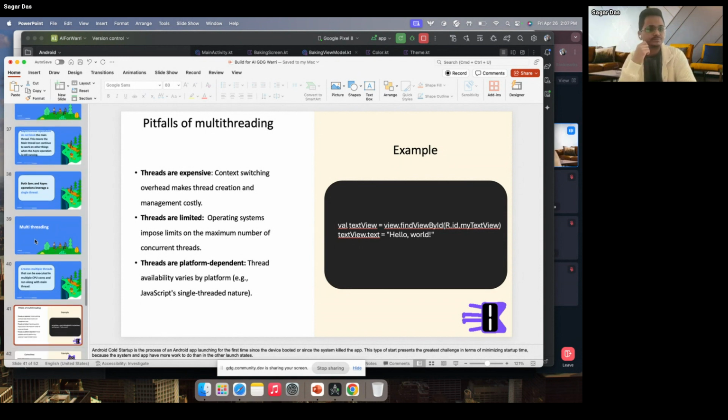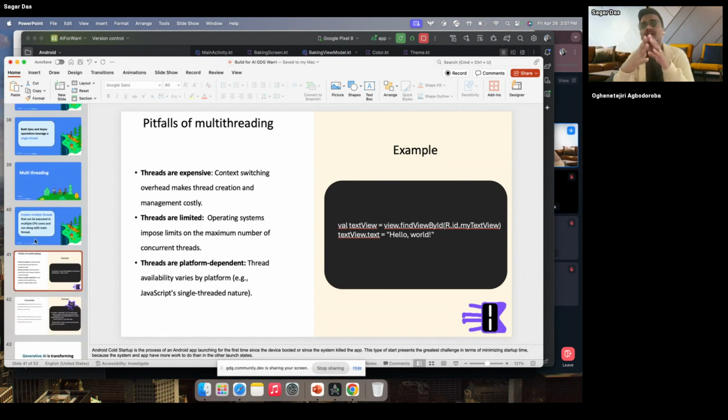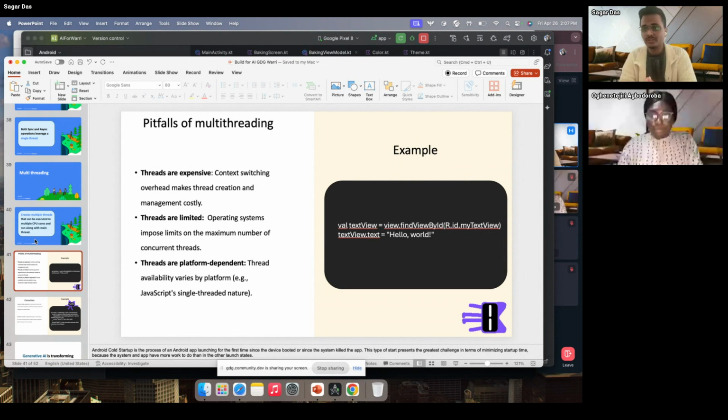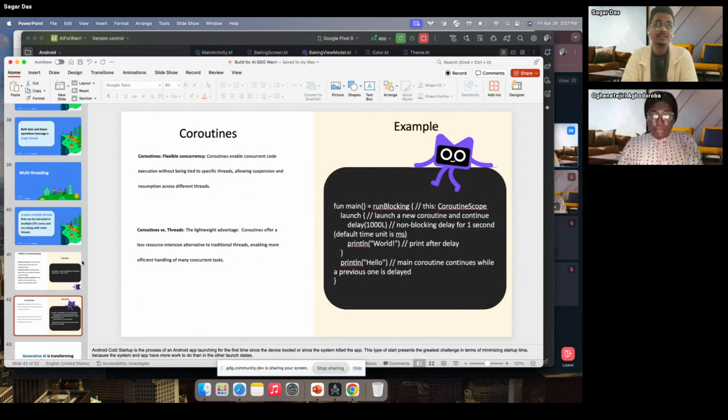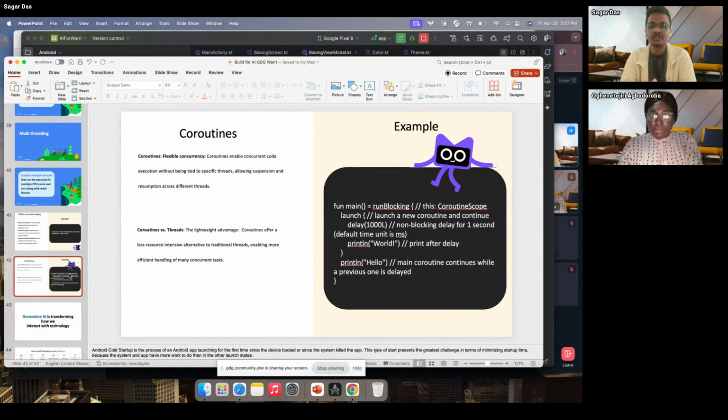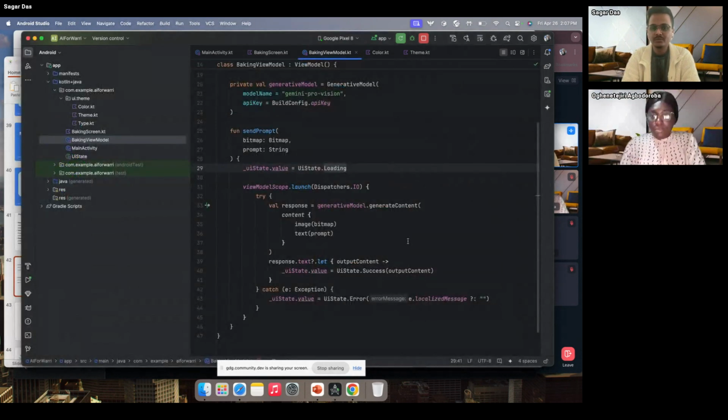For example, there are different smartphone manufacturers. There's Huawei, and then there's Xiaomi, and all of those. All of them have their own limitations on how they design their cores. So in order to overcome all of those pitfalls, we use coroutines in Kotlin, and that is what the sample